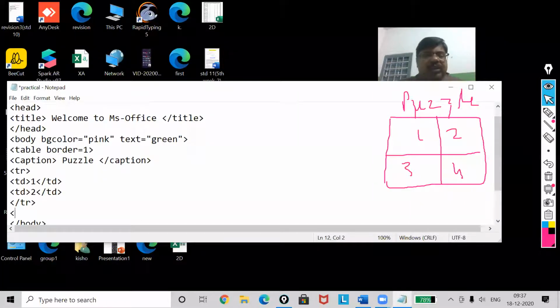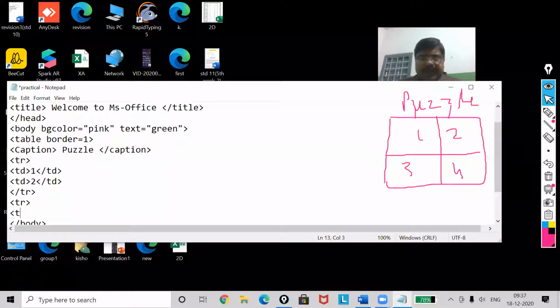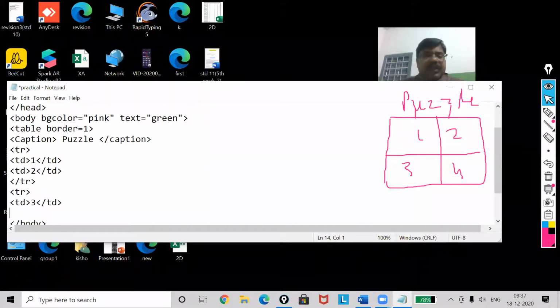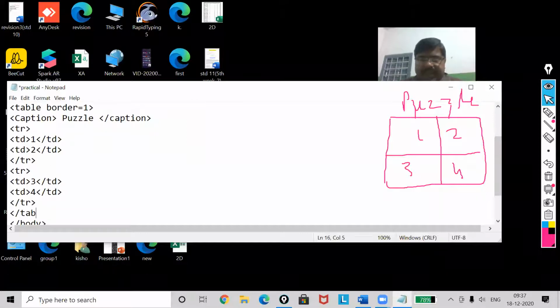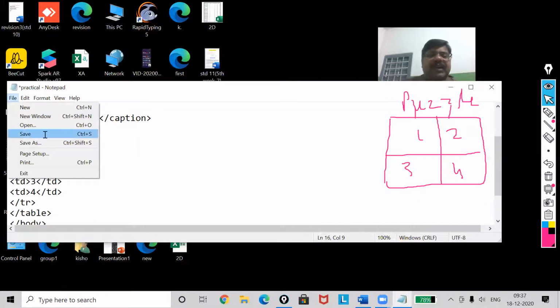Now I will work on the second row. So I will use tr and then td. My first data is 3. Now my second data is 4, and then slash tr and then slash table. My work is over. Now I will be getting this table. See, I will save this file.